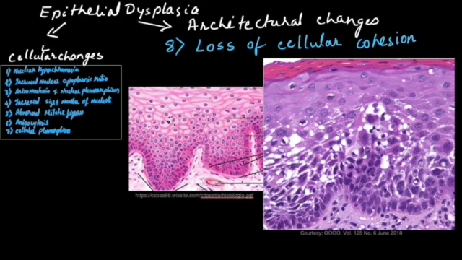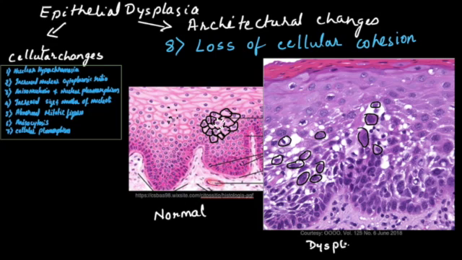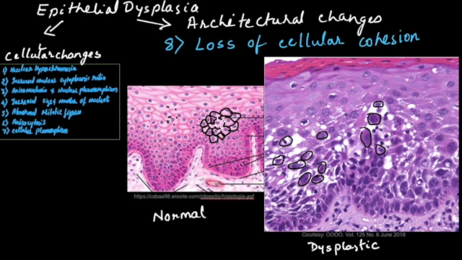In these photomicrographs, you can appreciate the cellular junctions and the proper cohesive nature of these epithelial cells. So this is normal epithelium. Here, on the other hand, in this dysplastic epithelium, you can see the cells are getting rounded off because they have lost their cohesiveness. So this is in the dysplastic epithelium. This process is called acantholysis, and the cells are called acantholytic cells.